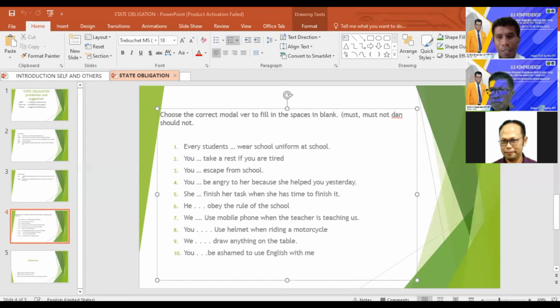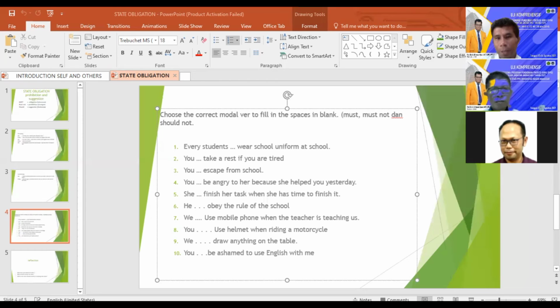Okay. Any question anyway? No? Okay. If there is no question, you can see in your LKPD, in your students worksheet.